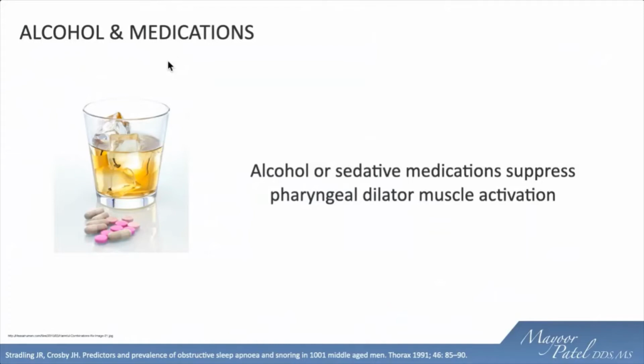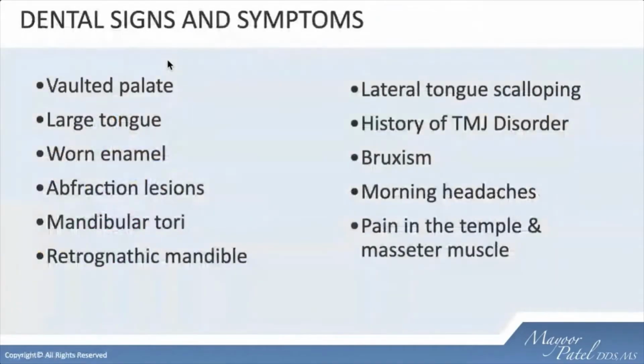And then as mentioned earlier, there are some medications that are notorious for this as well. One that we may prescribe quite commonly in a dental setting would be a muscle relaxant. So for a patient that we suspect is at risk of having an upper airway issue, and in addition we write them a muscle relaxant, we should proceed with some caution or revisit this from a different perspective. But the good thing is there are a lot of dental signs and symptoms that may point us in the direction of a patient potentially having some form of an upper airway issue. And we'll spend some time discussing these elements that have just popped up for you.